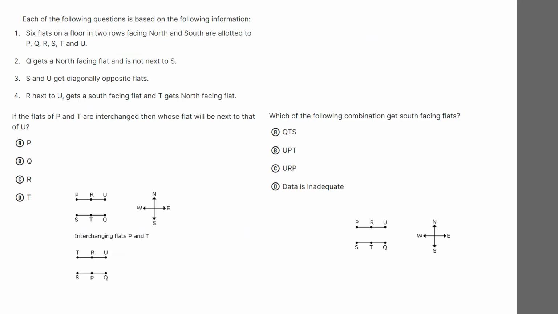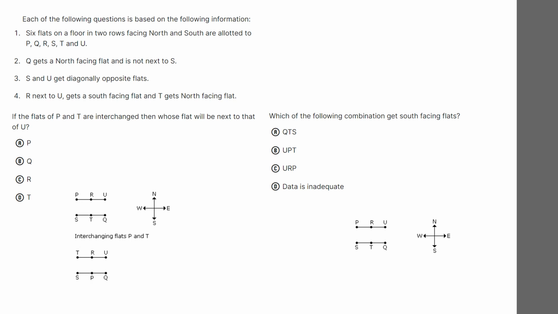Our option A. Now coming to another set of problem. Here also we have a description first about the situation, and through that description of the problem again the subdivisions are there which are asked here. Yes, here we have a description of the problem, that is 4 points given here about some 6 plots. Okay, 6 plots on a floor in 2 rows facing north and south are allotted to P, Q, R, S,